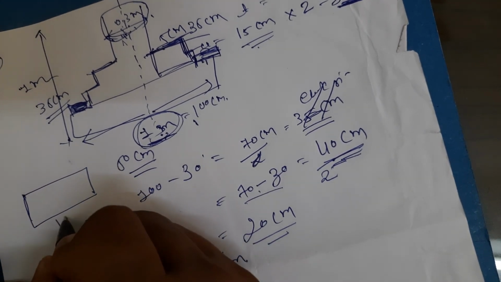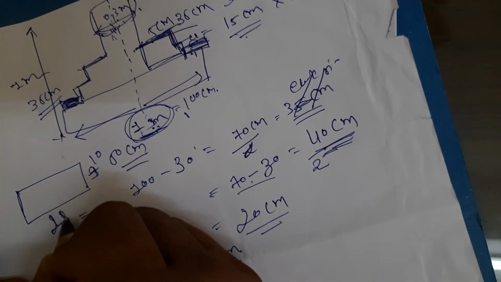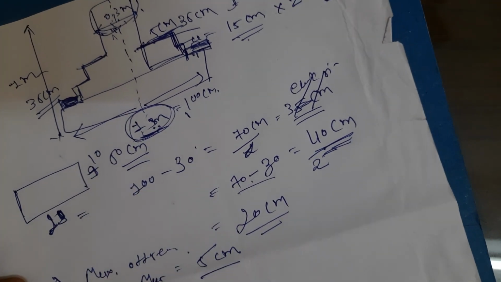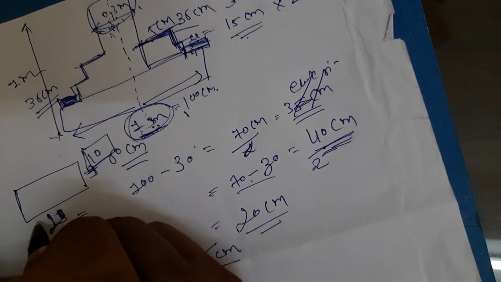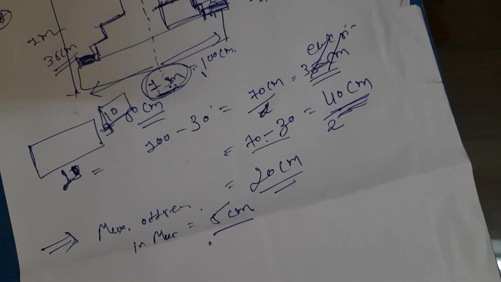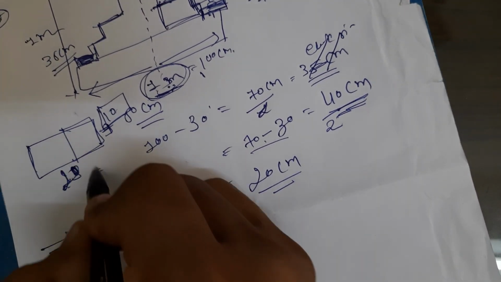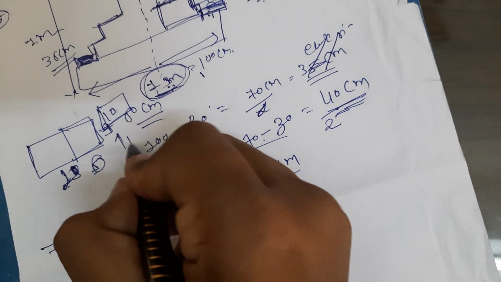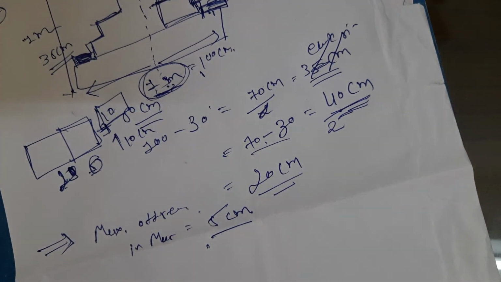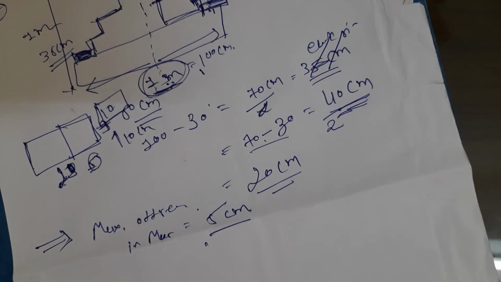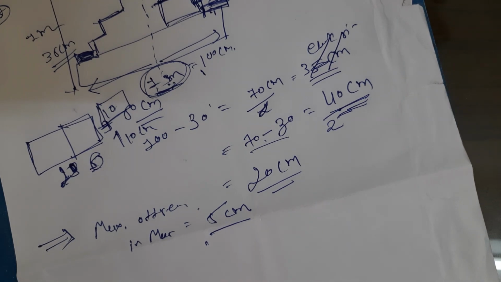Okay, so this is 9, or just assume that it is 10 or 20. So height is also 10, without cutting. For the offset it is 5, generally we provide 5, and the height is 10 centimeter. So the projection is 10, the height is fixed, but the maximum projection provided is equal to 5 centimeter